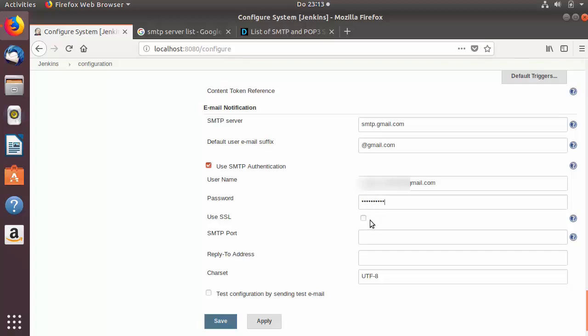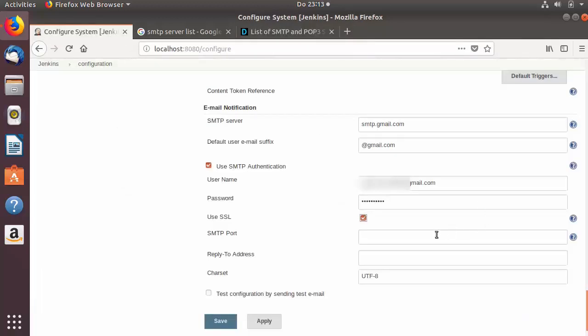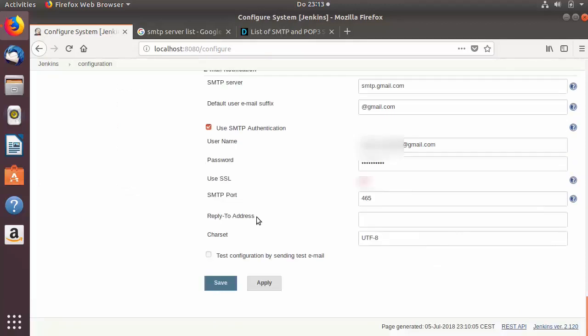And then I'm going to just check this checkbox which says use SSL. And the SMTP port, let's see what the SMTP port is for that. So the SMTP port for this Gmail server is 465. So I'm going to use this port here, and then you will be able to see this section which says reply to. I'm going to leave this blank, and you can also test your configuration for your email by